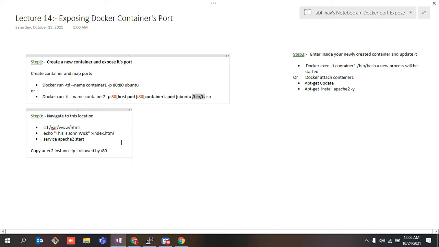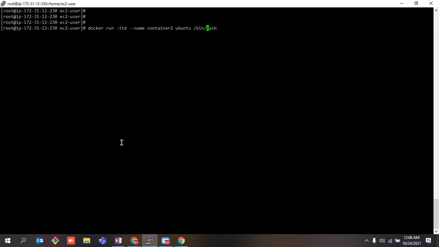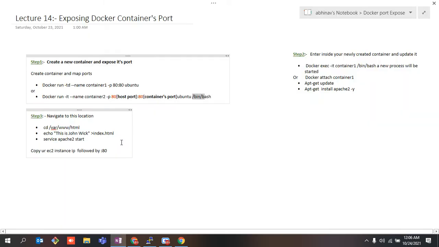But in this particular container, you need to open your ports and map them, because your Docker container is running inside an EC2 machine. So you need to map your ports so that it allows incoming and outgoing traffic, and the person can easily access whatever is running on your Docker container. It's very simple.